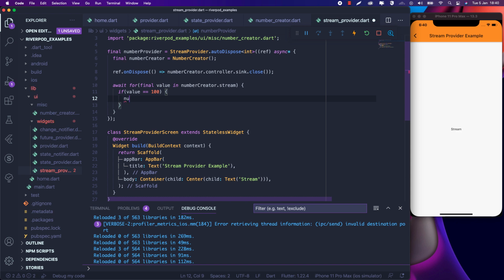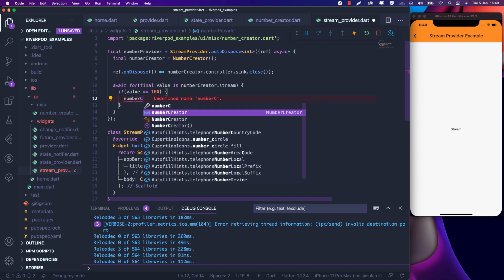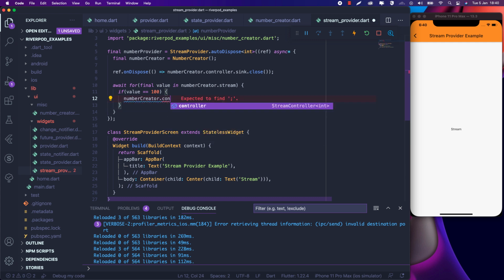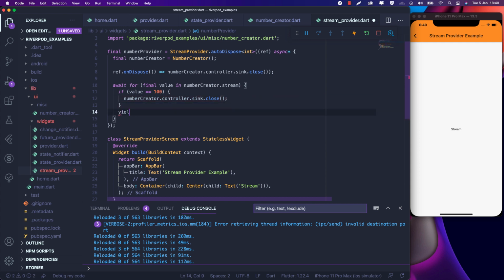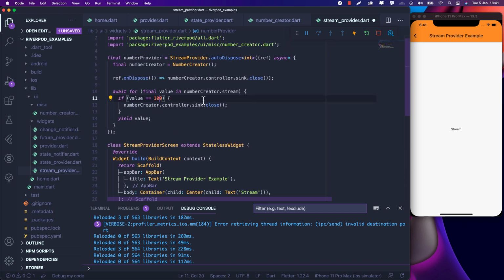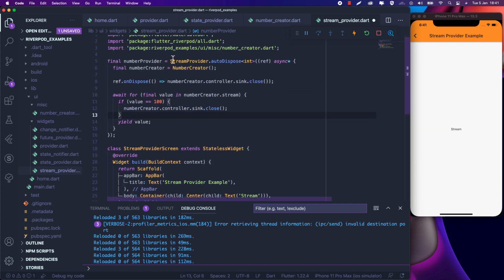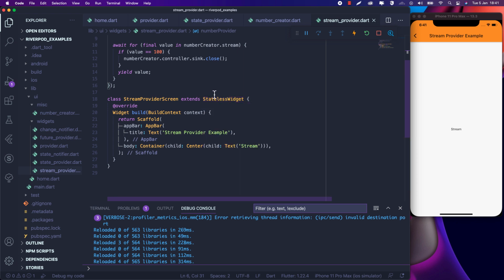So we are going to do numberCreator.controller.sink.close. Okay, and else you are going to be yielding the value. So we just added a little check here that when the value gets to 100, just stop the stream and just close it. Now let's implement this provider that we have created in our UI and do our UI